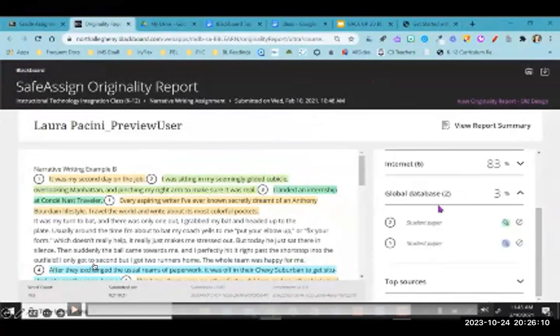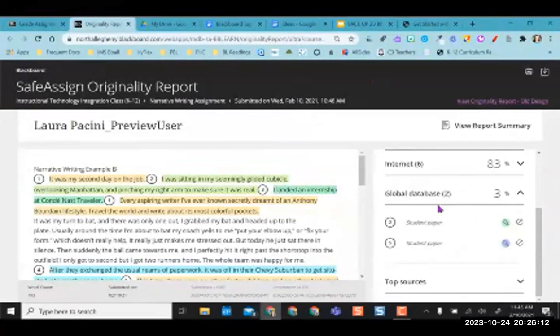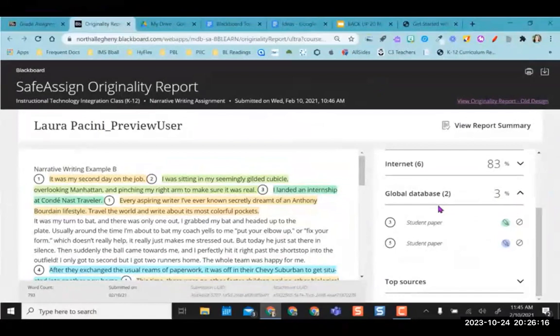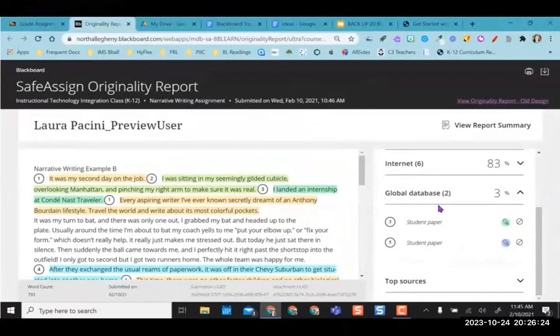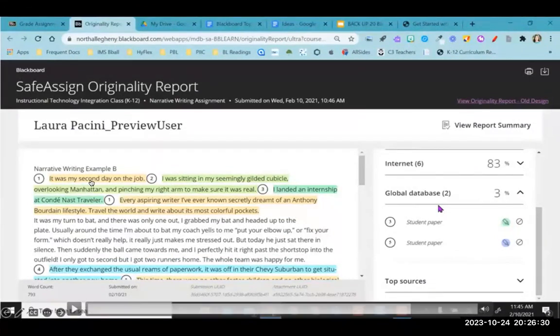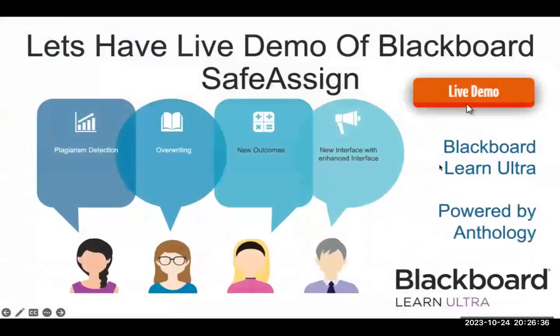So all the faculty members, if you're already doing research, you already have an idea of how to check plagiarism and what kind of options are there. Any sources provided in your assignments, like global databases or the internet, are highlighted in different colors. You can find different colors for different jobs. For example, internet, there are 83% from the internet copied and some other